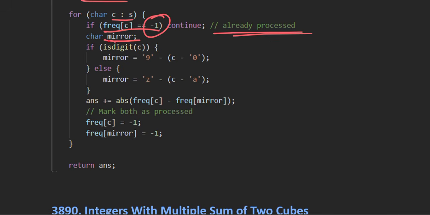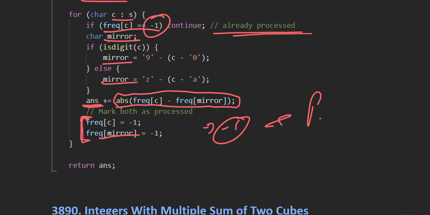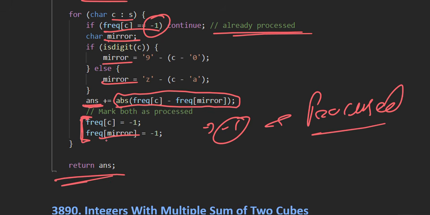If it is not processed, we take the mirror of the character, then take the absolute difference of the frequencies of the character and its mirror and add that to our answer. Then we mark both the frequency of the character and the frequency of the mirror as -1 to show they have been processed, so there is no need to process them again. At the end we return our answer.